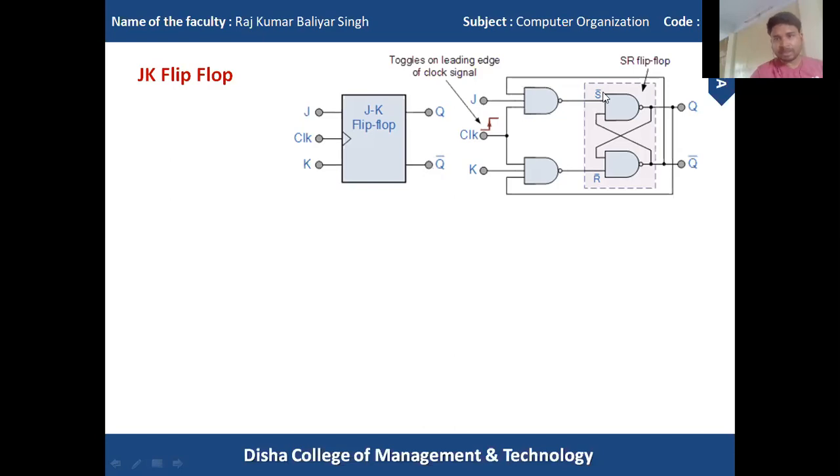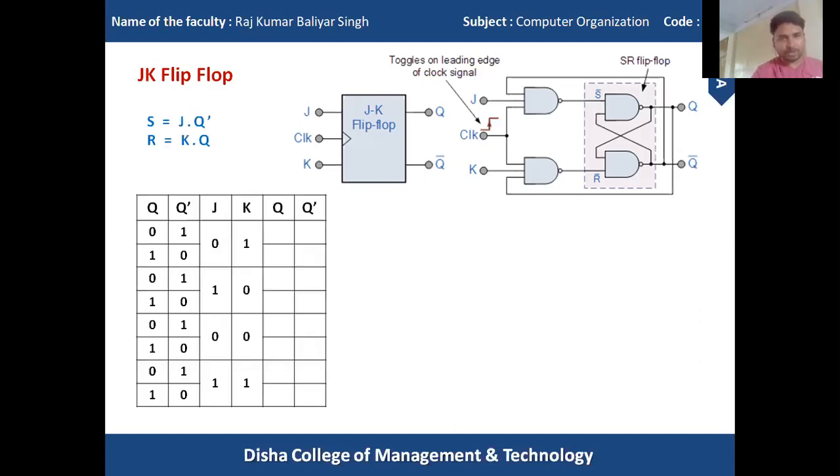And this is the circuit diagram. From this circuit diagram we find that there is an SR latch. As I said, by making some modification we get the JK flip-flop. That modification is that in the SR flip-flop the Q must be connected to the K terminal, and Q naught must be connected to the J terminal, and there must be a clock. The clock is in high state, or the clock is always 1.